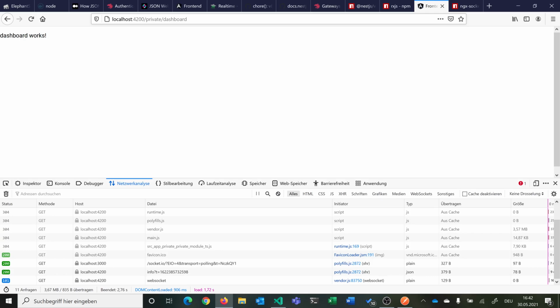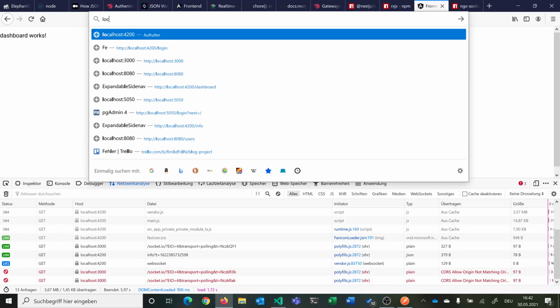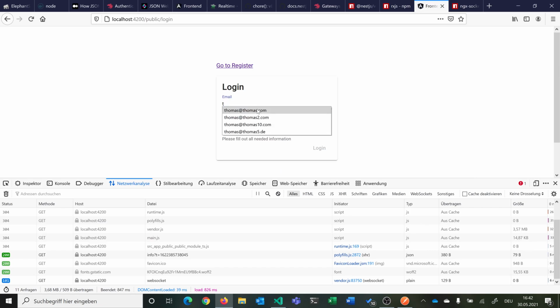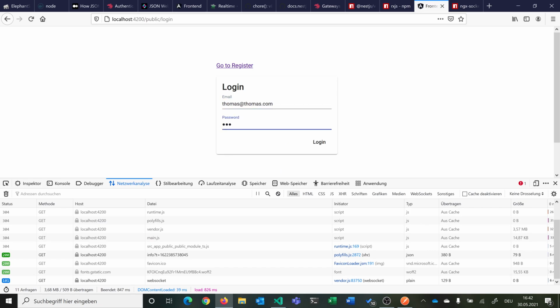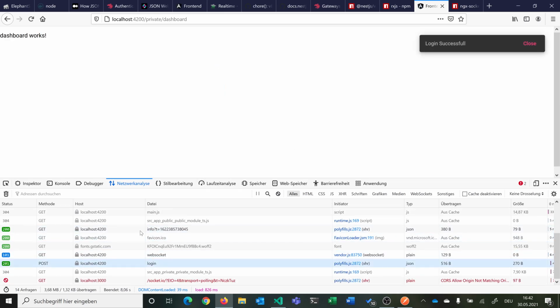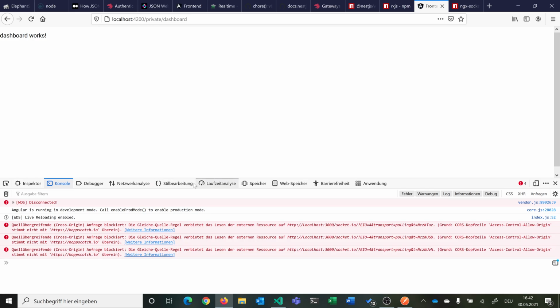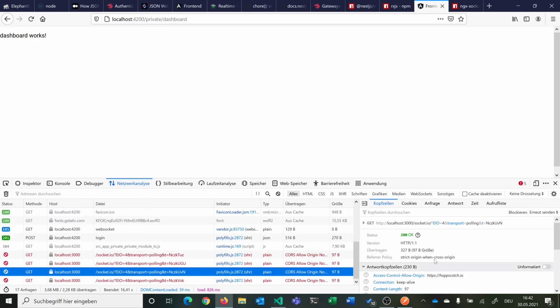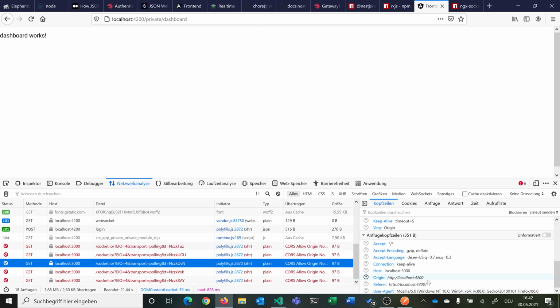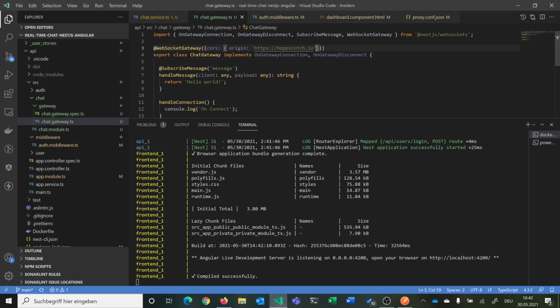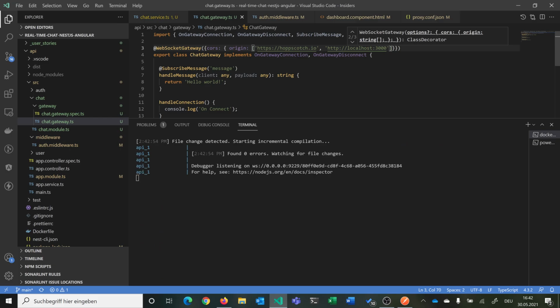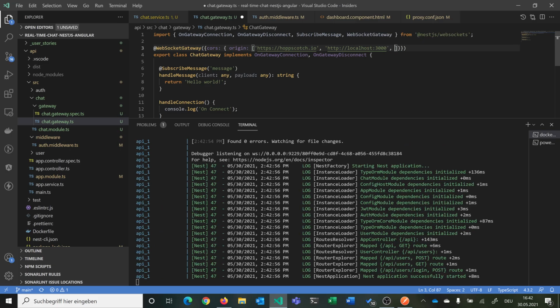So here it is. So now we can go back to localhost 4200. We can go on login. We can say password. And now we can see that we are still having some issues. So we can try to make this an array. Add 1000 to it. And also